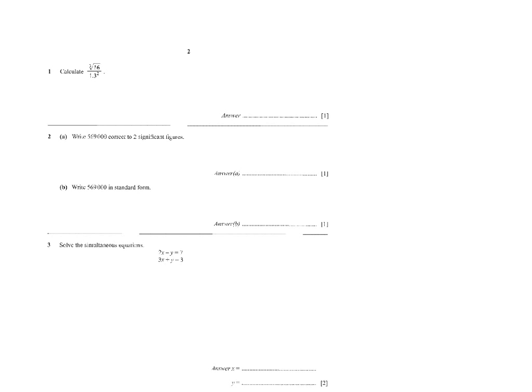So the first question says calculate, and it's for 1 point, so just the answer will do. If it's for 2 points, always make sure to give some sort of working there, but this is just the answer. So they're going to check, is he or she able to use a calculator properly. So the cube root of 16 equals, and then you divide that by 1.3 squared equals. Now you're going to get a non-exact answer. And I suggest that you write the entire answer down. You're going to get